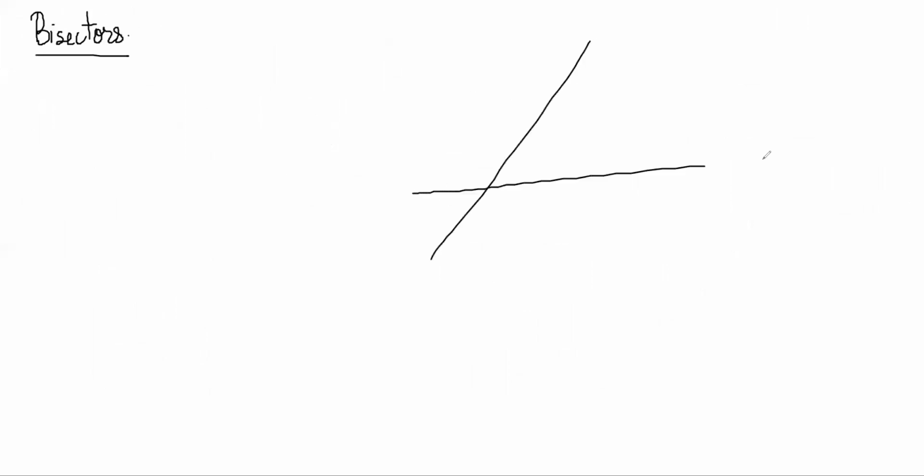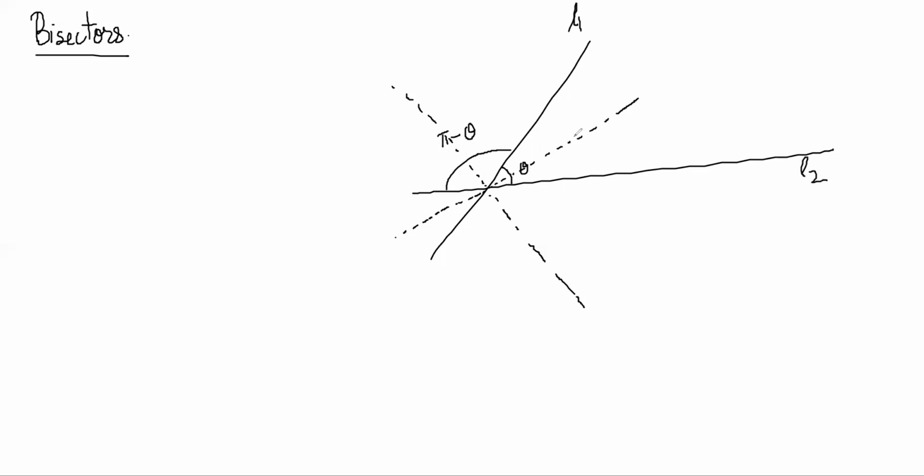So there are two straight lines, this angle and this angle. Two angles are formed, no? Theta and 180 minus theta, right? So you can make a bisector line like this, right? And you can also make a bisector line like this. You can bisect basically both the acute and obtuse angle between them. This is L1, this is L2, right? So this is bisected and this is also bisected. Makes sense, right?